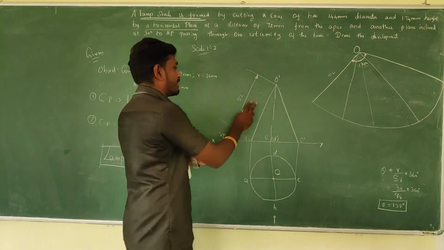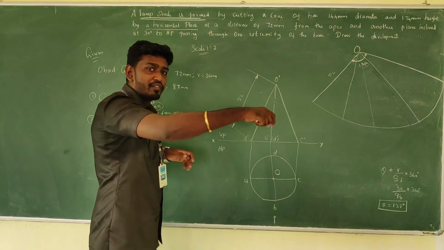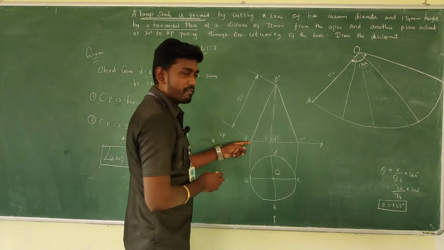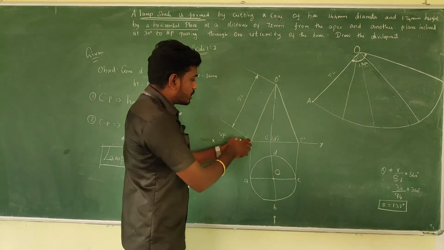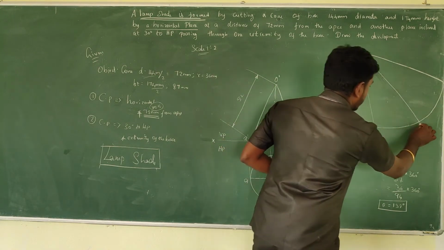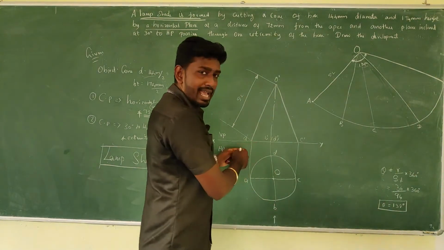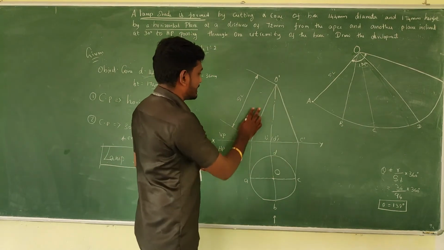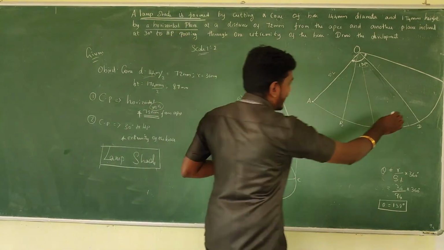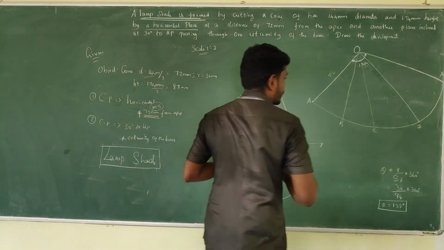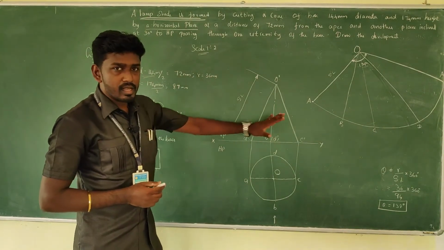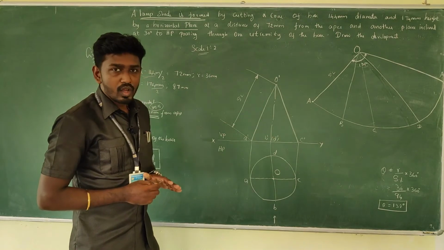And we know when you are cutting from the left extreme and when we form a stretch out, this is the end A. From here we have cut it. So this is the end A. In the sequence we get A, B, C, D, and again it ends with A. Here the same particular thing will come on the other side. So it ends with A. When you have cut, it happens something like this. Okay, so be ready with the lateral surface of the cone first.